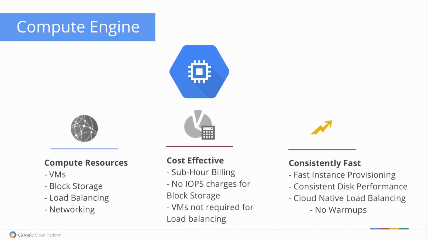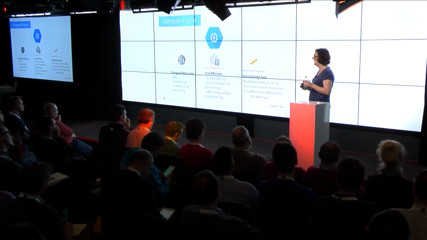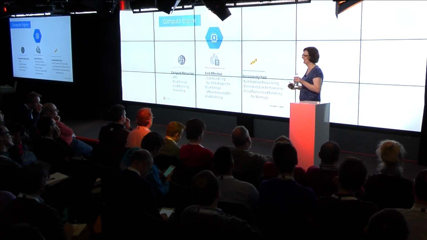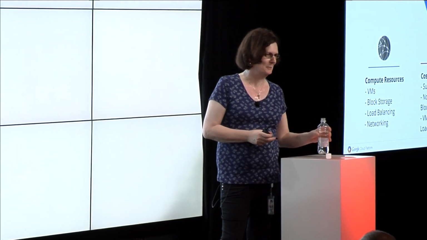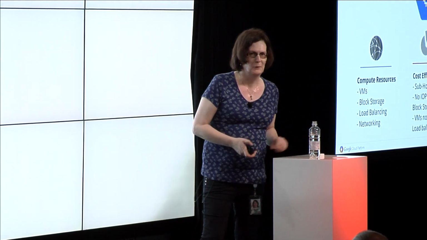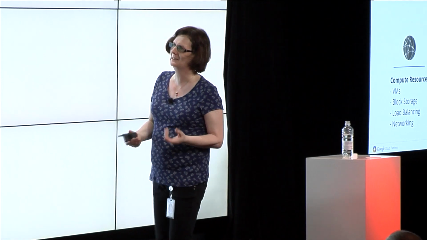It's also consistently fast. We have very fast instance provisioning. We can bring up 1,000 virtual machines in under 2 minutes. I was going to do a demo of this, but I decided not to because we have this big event going on today. And if I did something that inadvertently caused our cloud platform some issues, I would probably get it in the neck. So I'm not going to do the demo. But normally we do this demo that shows 1,000 virtual machines being spun up in about 1 minute 30 seconds, 1 minute 45 seconds.